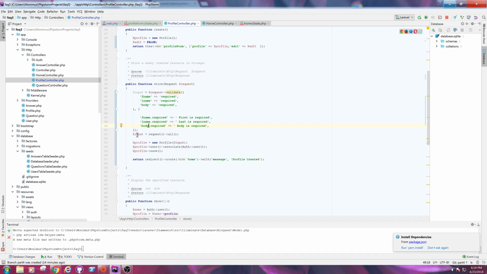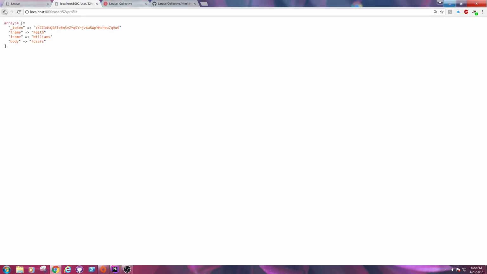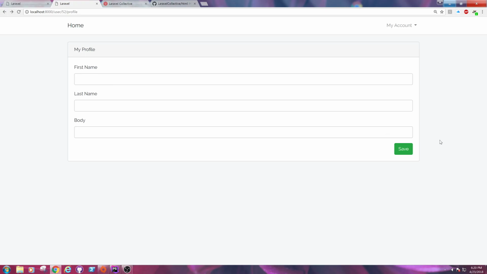So here what happens is that input validate happens. If this works, this method, if it validates, it continues. If it doesn't validate, it automatically sends the user back. So watch what happens whenever we do a validation now. If I go in and press save, and then I type in